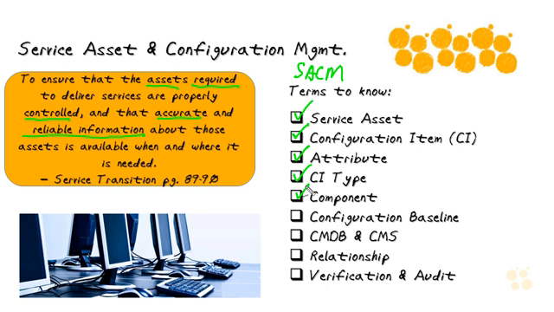That can mean the phones. Those are components that are made up of a larger configuration item, and then you can break it down into smaller pieces, parts, and that's what components are. Configuration baseline is going to be where your configuration has been set and agreed upon through change management, and then